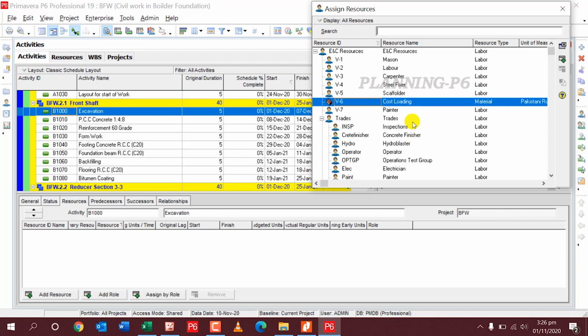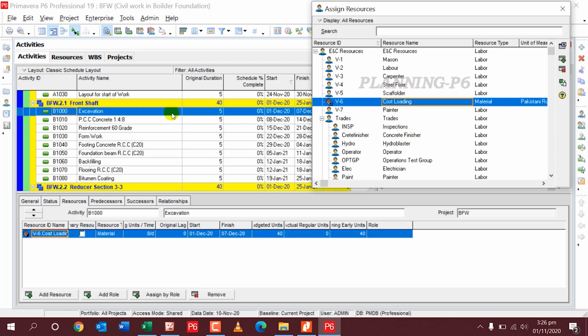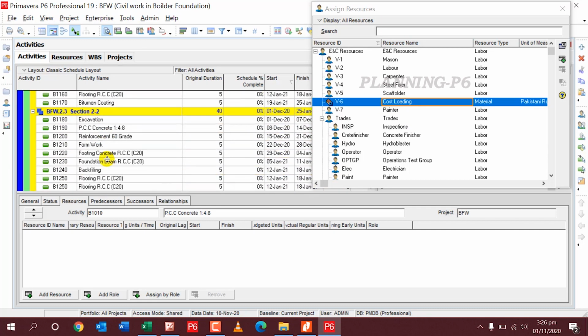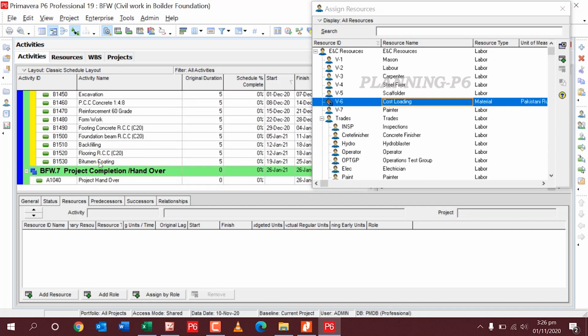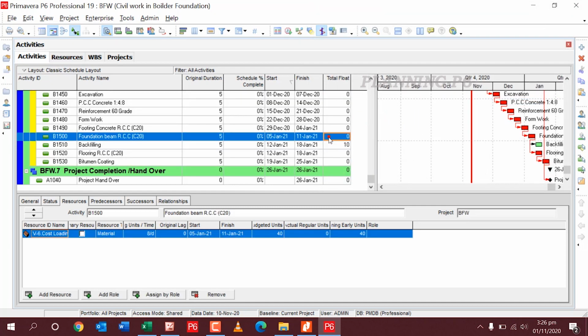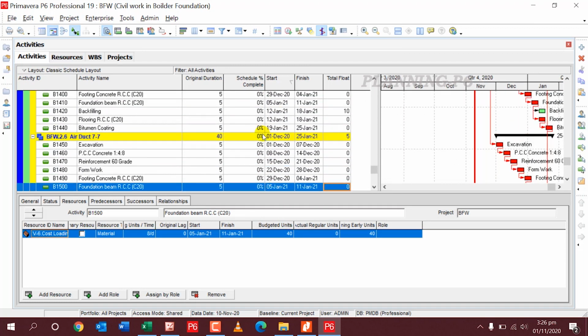So now I select all up to here, and I add cost resource to all of them. So here you can see cost resource is loaded here.